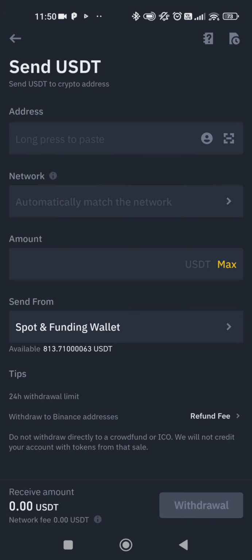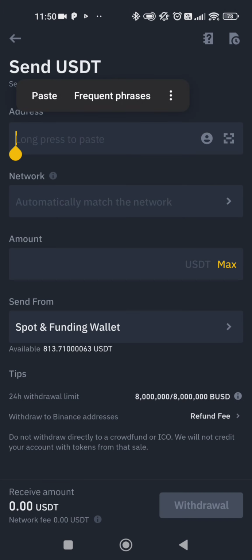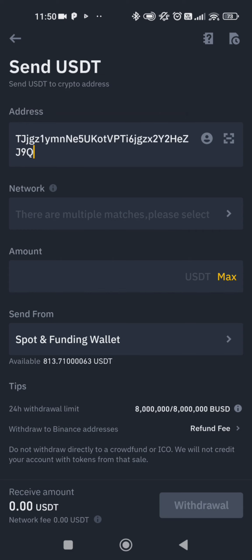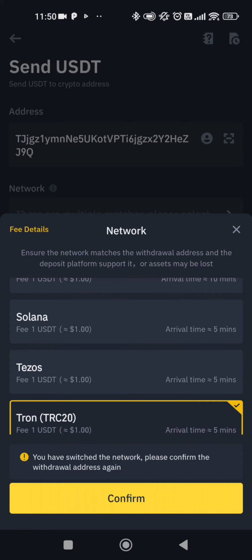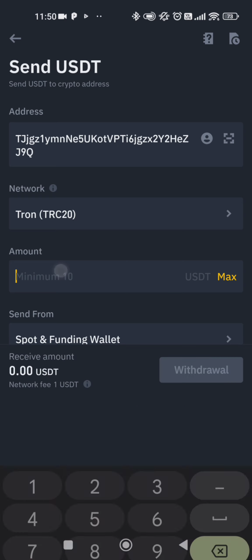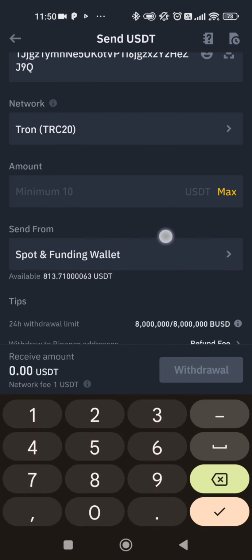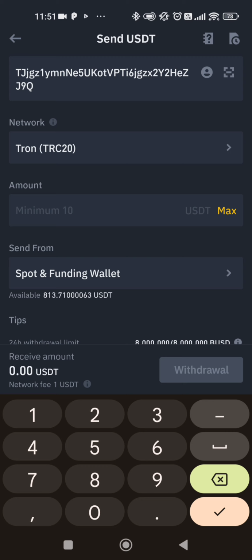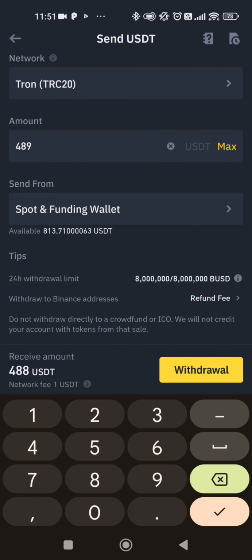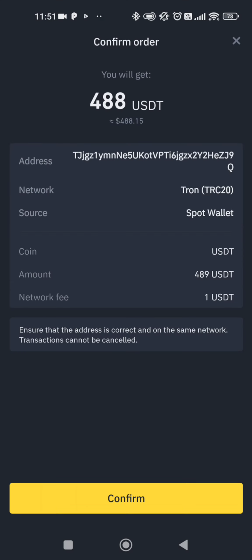Then currency USDT, network, here address from MTFE, paste, network from TRC20, confirm, then amount I will put here 489, withdrawal, confirm,